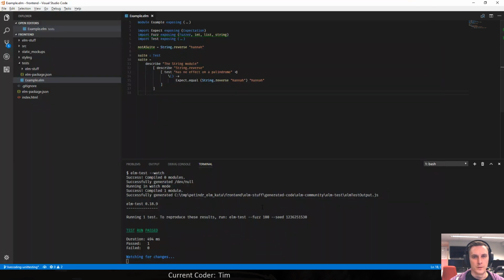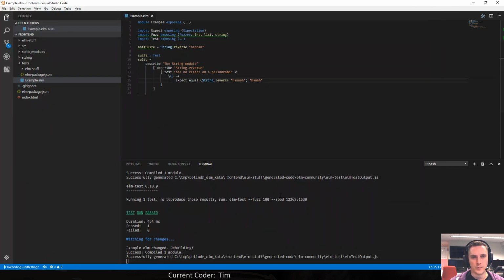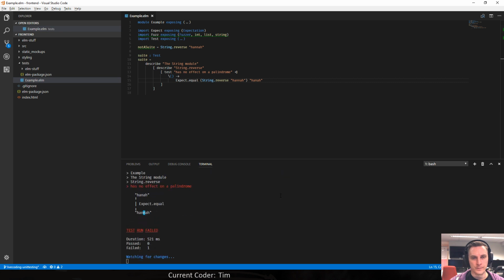So let's check it out once again when it's failing, what it looks like. Yeah, indeed. So it's saying that this should expect to be equal to this.